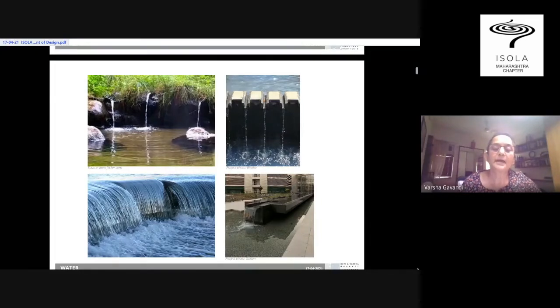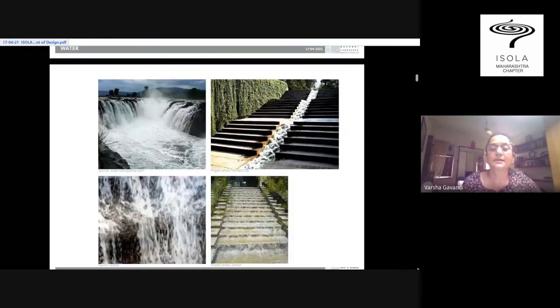Some more movement, and then it becomes opaque and it starts getting a form for itself. And then turbulent, frothy, white water, which is an object in itself. This brings a lot of energy to the space around. So this transformation of water with movement not only transforms the space around visually, but it also transforms the space physically and emotionally. And I think this is one quality that all designers really appreciate.